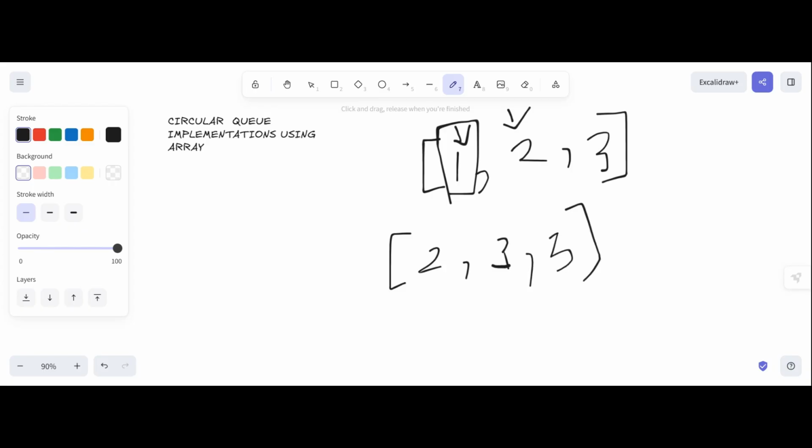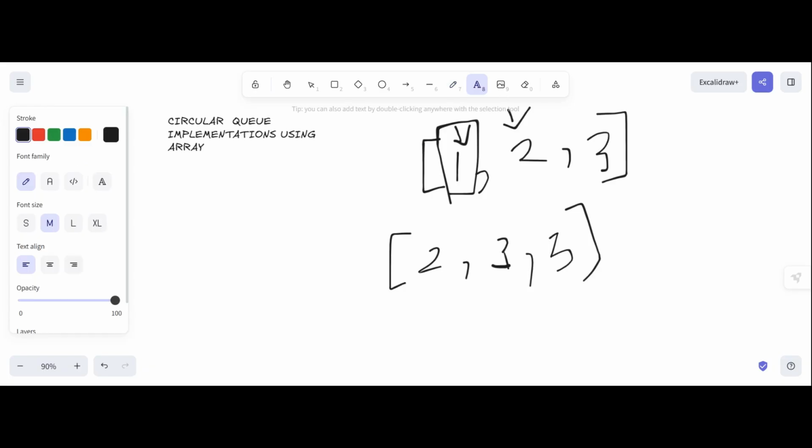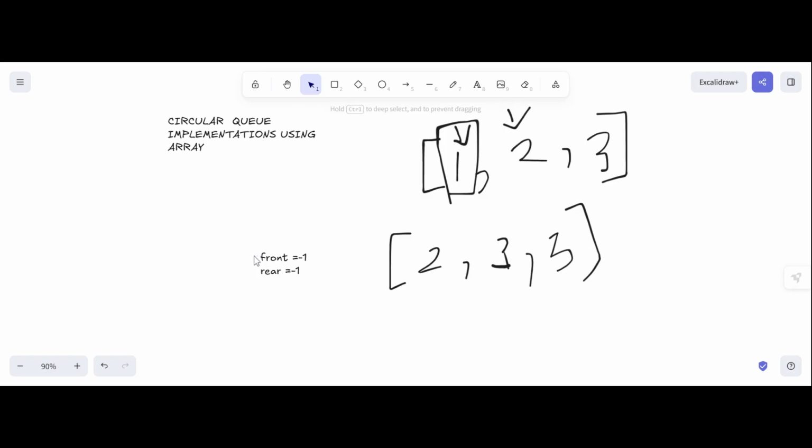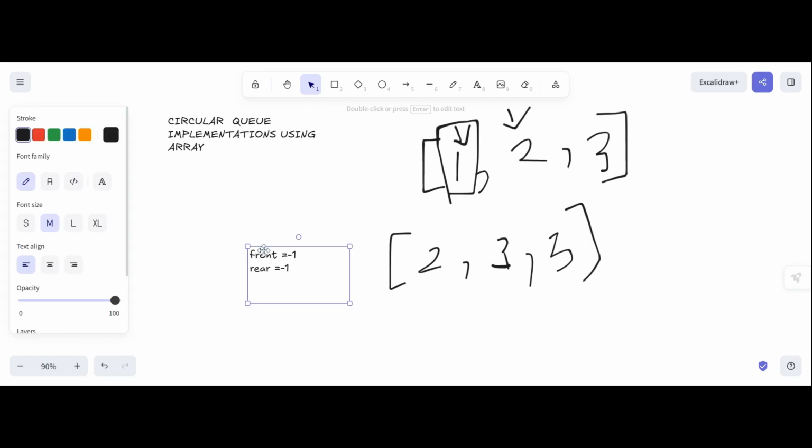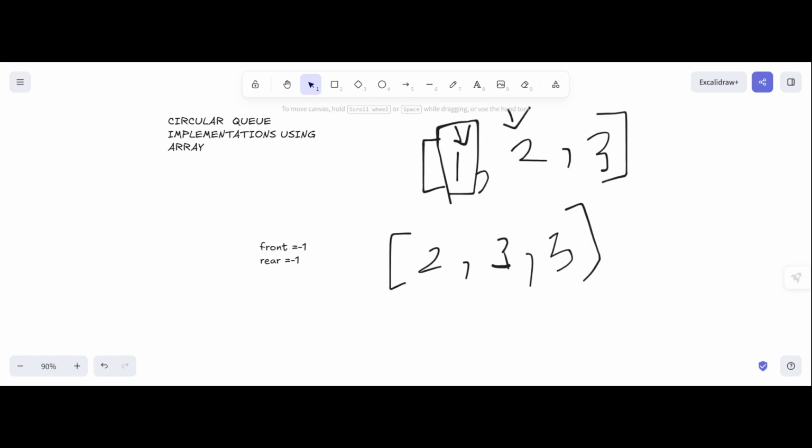If your queue is empty, it's completely all right, you can insert your elements again, because your front and rear are reset back. Your front is going to be -1 and your rear is going to be -1. So when your queue is emptied, you reset your front and rear values, and you can go ahead and start inserting your values again. But what if, let's say,